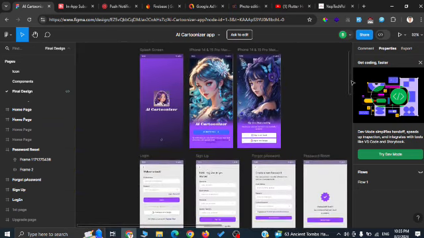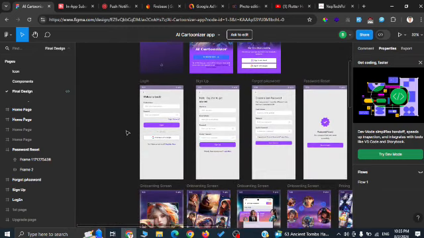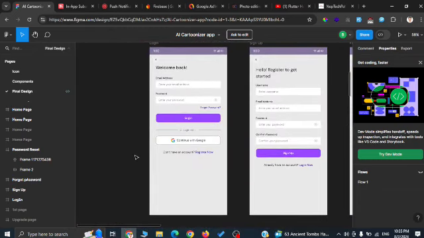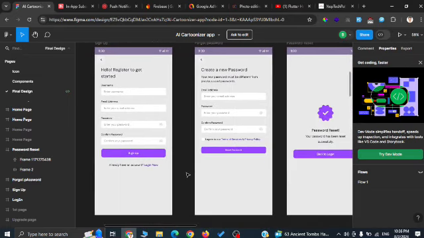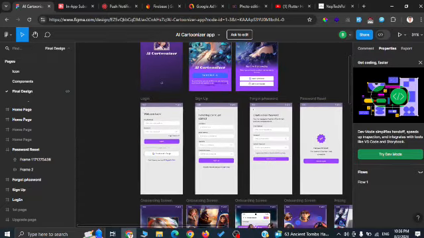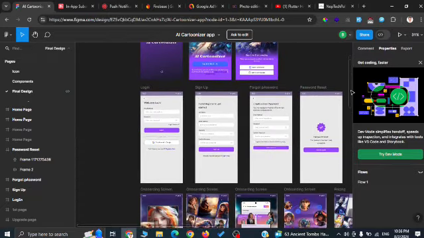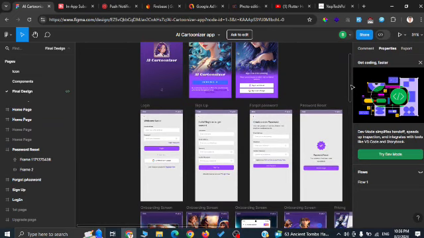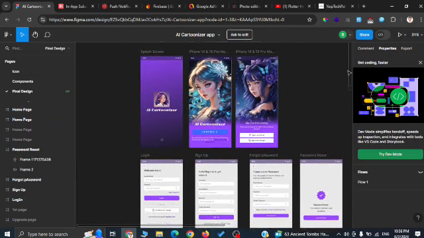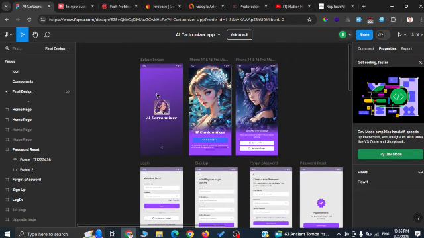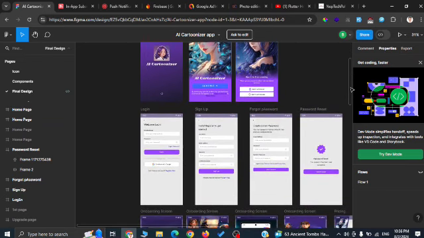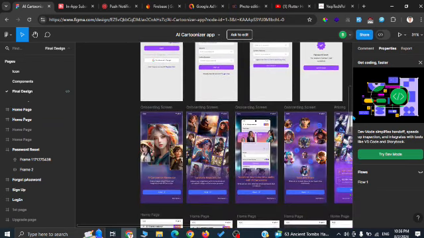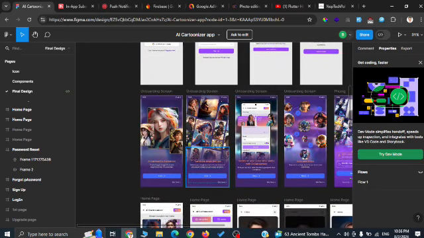So here you can see the screens for login, registration, and password reset. Okay. So in this video series, in the first few videos, we will develop all these screens, and after that we will start integrating all the features needed one by one. So here we have onboarding screens,